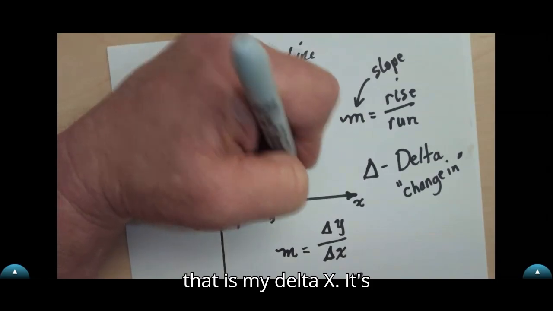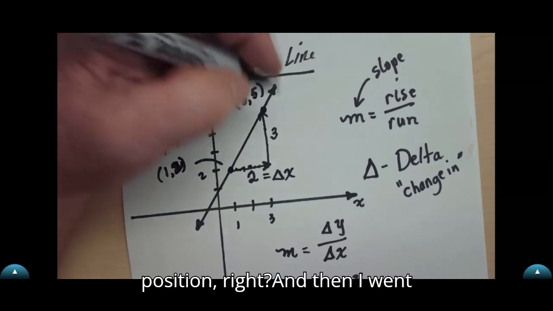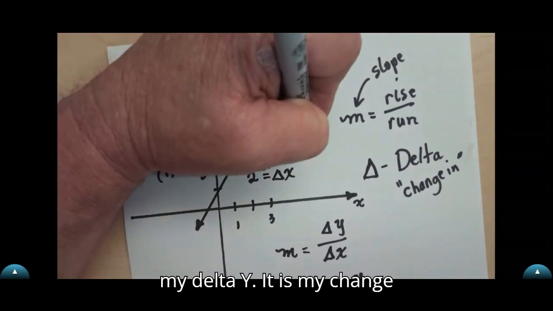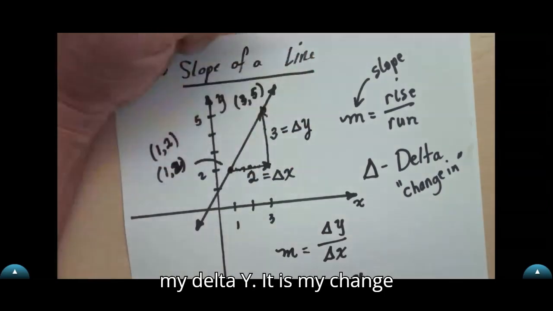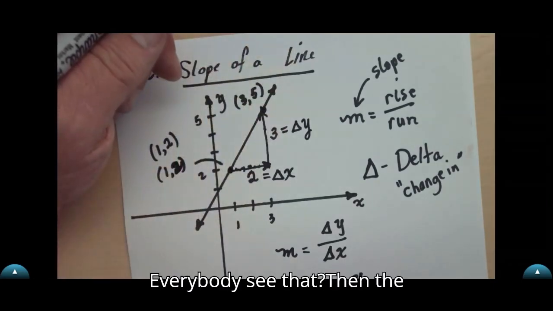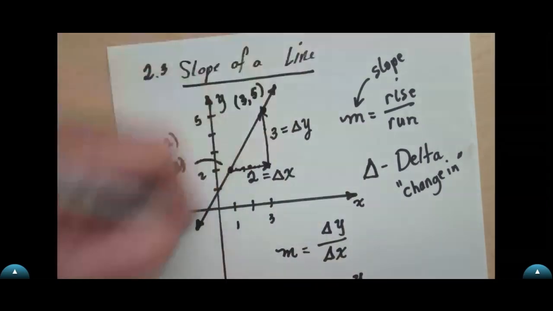That is my delta X. It's the change in my horizontal position, right? And then I went up vertically 3 units. That is my delta Y. It is my change in the Y or vertical direction. Everybody see that? Then the slope of this line,